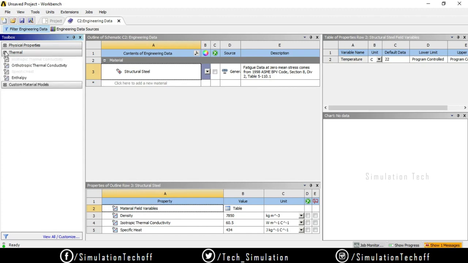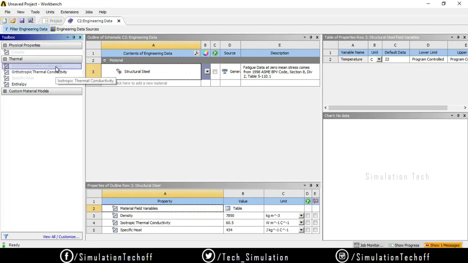That is thermal and physical properties. In physical properties itself, only density. In thermal properties, isotropic thermal conductivity and orthotropic thermal conductivity are only available. Why? Because we are in a thermal environment.